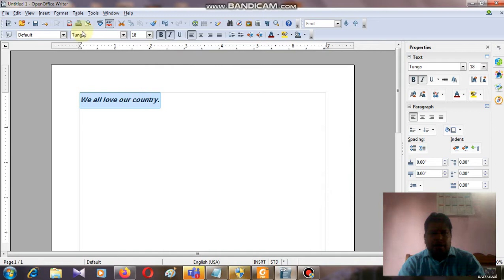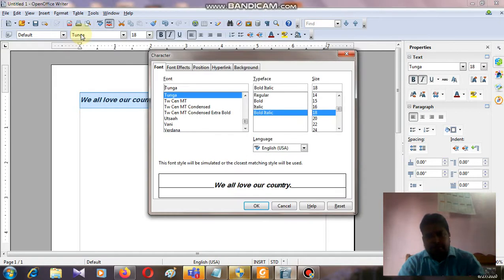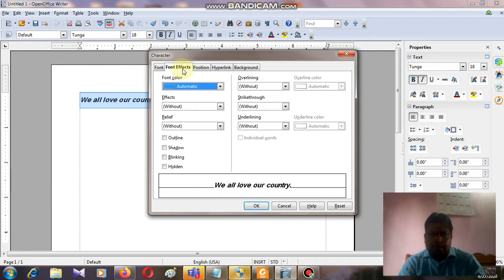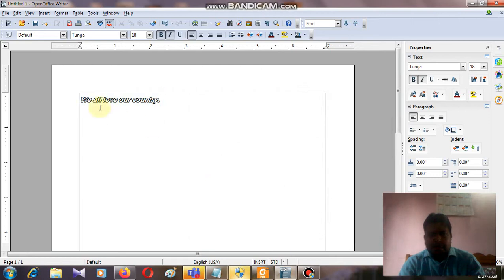Okay, now you want to change the font color, font face, all the things. I showed how you have changed the font. Now you want to change the font effect. Font effect means, I'm going to show here, things like outline, shadow, blinking. So one by one I'm going to show. Look, when we click here on Outline, how will it look? Now this is called the outline.